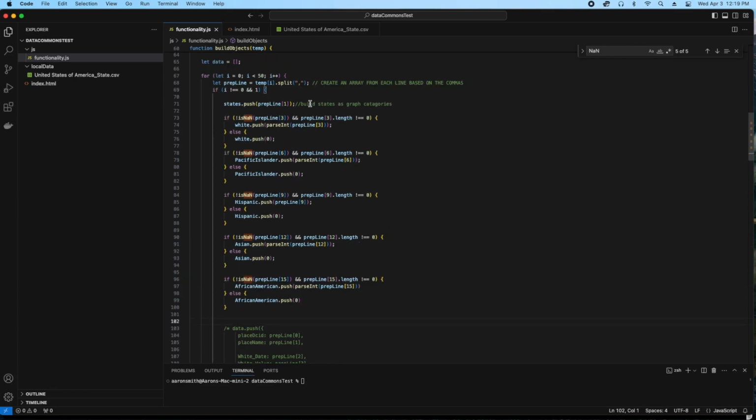is as I go through, first off, I want to make sure it's a number. Because if it's not a number, we got major problems. Then I push the number and make sure it's a number. So parse int, ideally I would do that. Now, granted, if it didn't follow through with any of these conditional statements, it's bunk. It's not a real number, so we got to replace it, and we'll replace it with a 0. So that's kind of what I'm going to be doing here. Now the states just get pushed all the way through,